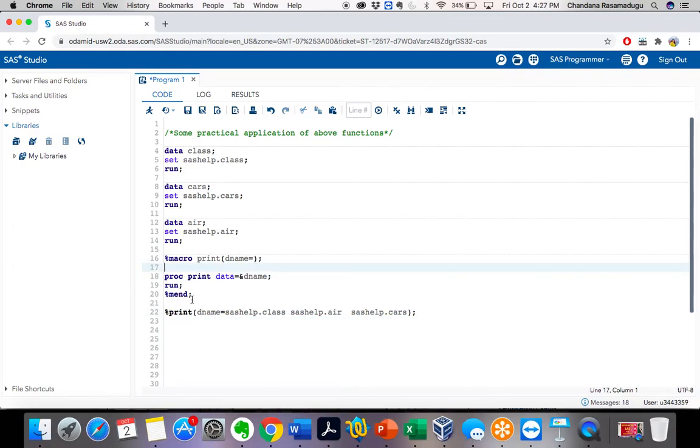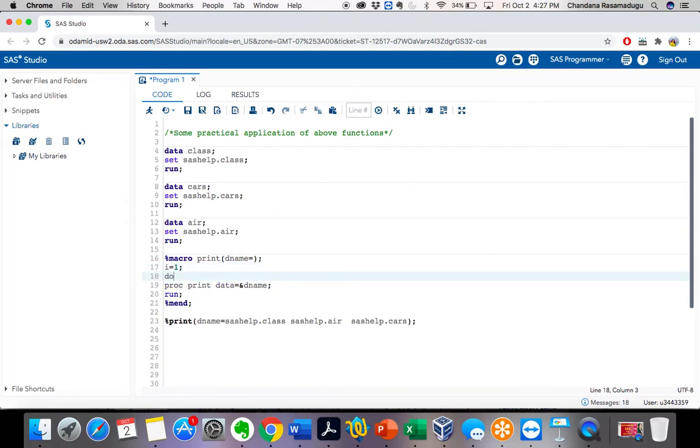It means I want SAS to read my program three times. How can I do that? By using a do block I can achieve that, right? Let's use a do block. Let's give i=1. When i equals 1, let's give do. Instead of using a simple do, let's use do while.